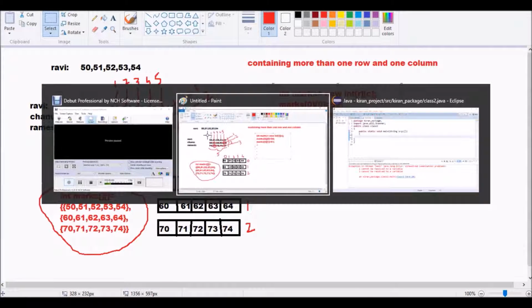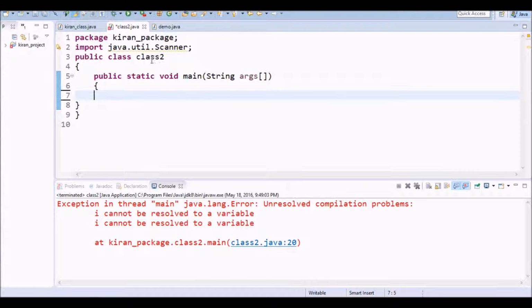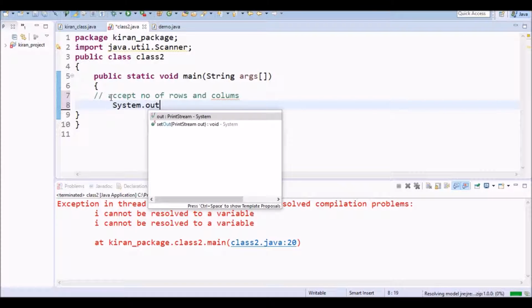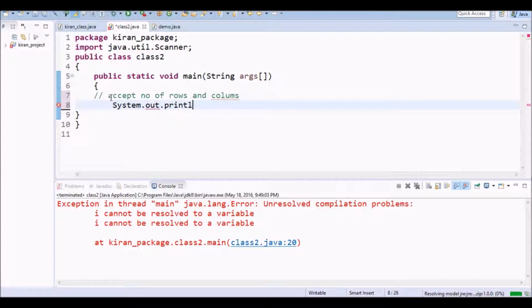Now let us see the coding part. Let us see how we are going to create an array and display it in matrix form. First we accept the number of rows and columns. We write System.out.println, enter how many rows and columns.